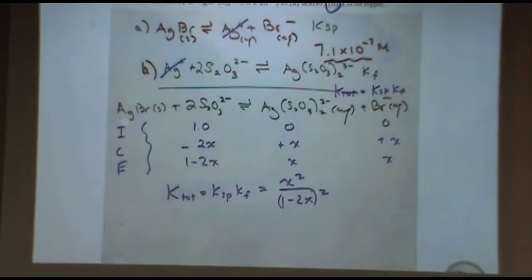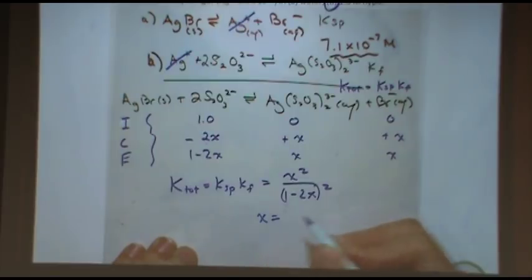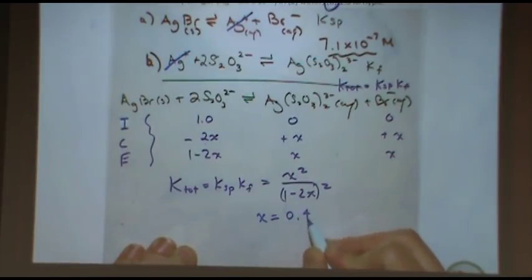What would be your method of solving here? Yeah, instead of using the quadratic formula, I would recommend taking the square root of both sides and solving for x. I think that would be the easiest to do. Because it wouldn't involve the quadratic, it'd be simpler than that. This is a question that you could solve the algebra for on the test. If you want to practice later, you should get x is 0.45 molar, which is the